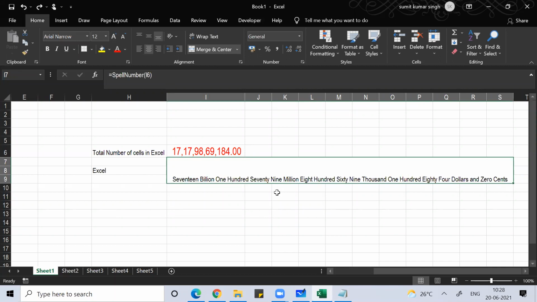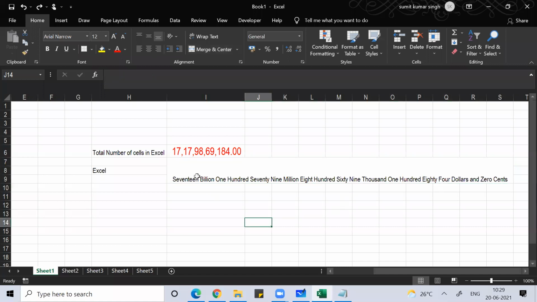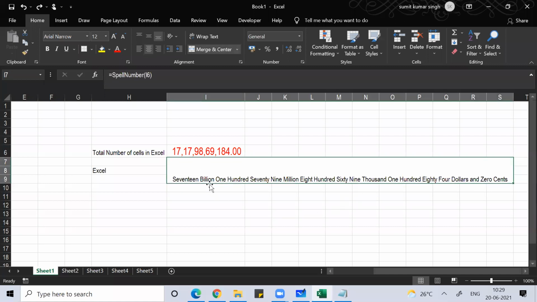The answer is 17,179,869,184 and 0 cent. So this many cells are there in Excel.